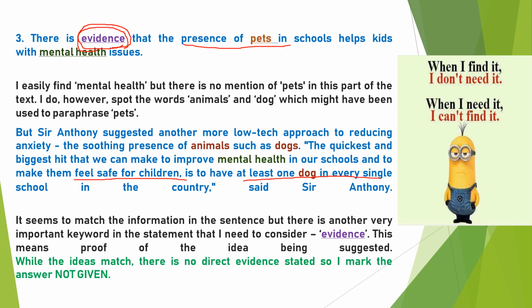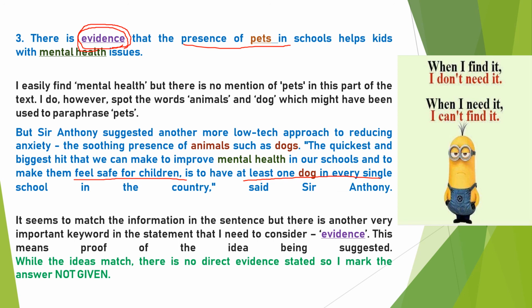Okay, so true and false, we have seen, we need to skim read for the keyword, then find the paragraph, then you need to read it completely and say whether it is agreeing to the statement. If yes, then true. If it is disagreeing or contradicting the statement, by seeing the proper keywords, then you have to go for false. The third type, whether it is not given or true, then you should read your statement